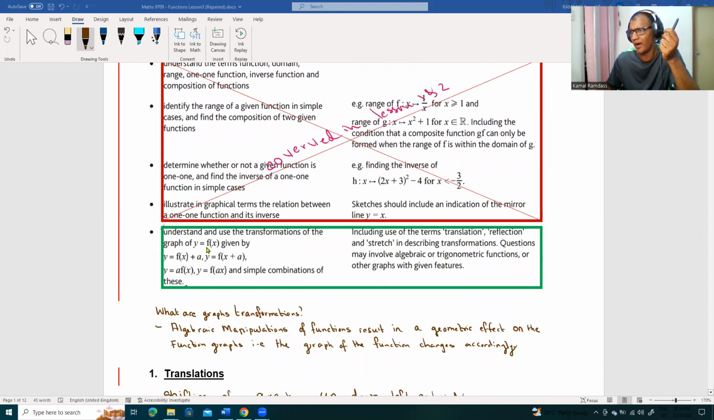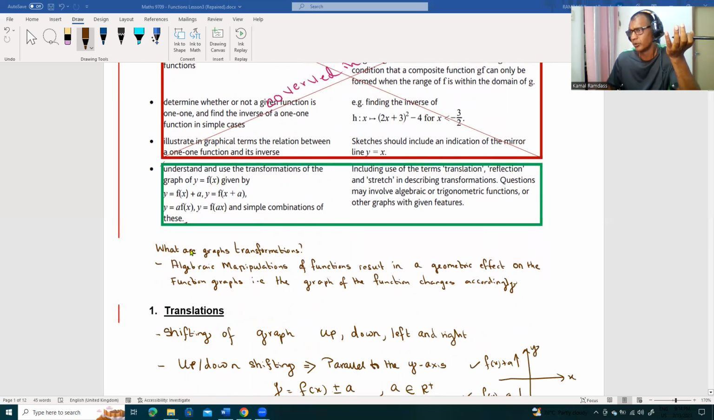transformation of the graph of y is equal to f of x, given by y is equal to f of x plus a, where x plus a is an argument, y is equal to a times f of x, and y is equal to f of ax. Ax is the argument of the function. And simple combinations of these. Qu'est-ce que c'est? Tout simplement, nous faisons une algebraic manipulation, et c'est constant, bien sûr, of f of x,